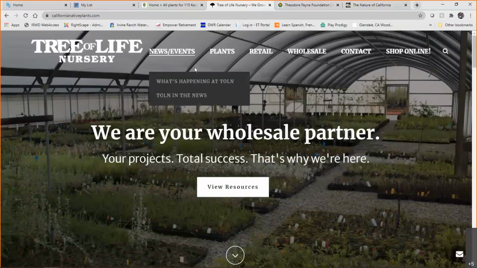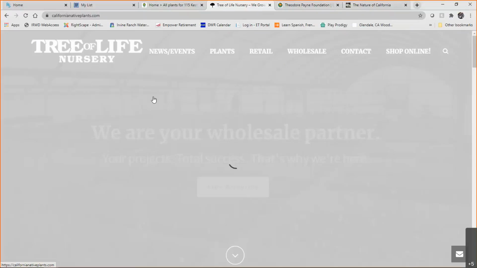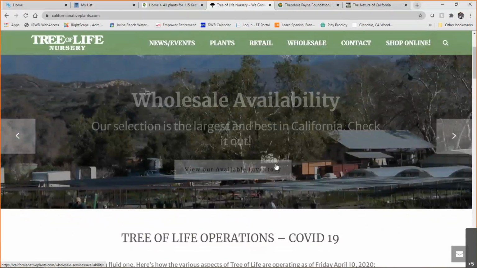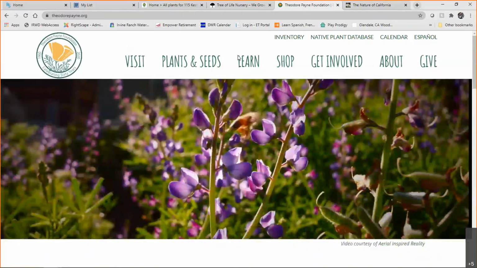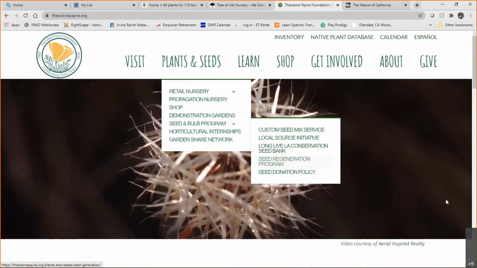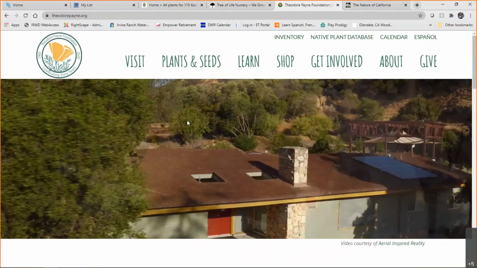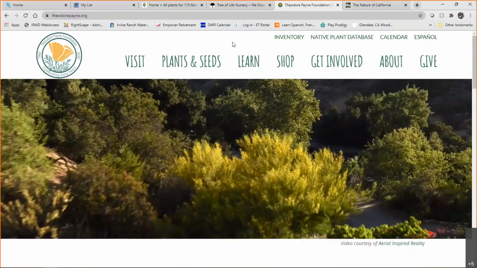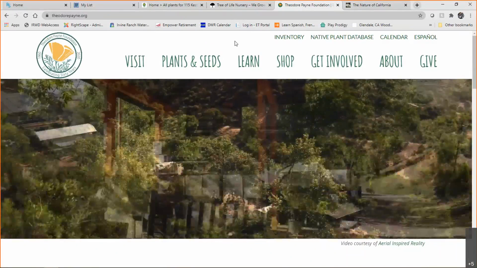To look at or to educate yourself on native plants, there is Tree of Life Nursery, which is right here in San Juan Capistrano. You can look at their inventory list. Here's another great native plant nursery. This is Tilden-Mar, so a nice little drive, but what a beautiful place. I go to Theodore Payne. I live out of the Irvine area, but this is my nursery where I go to find some native plants, and what a great selection.